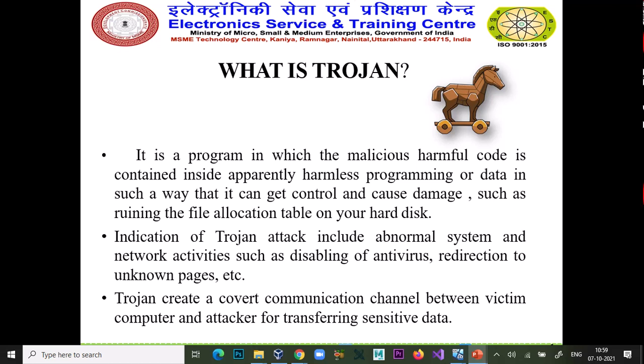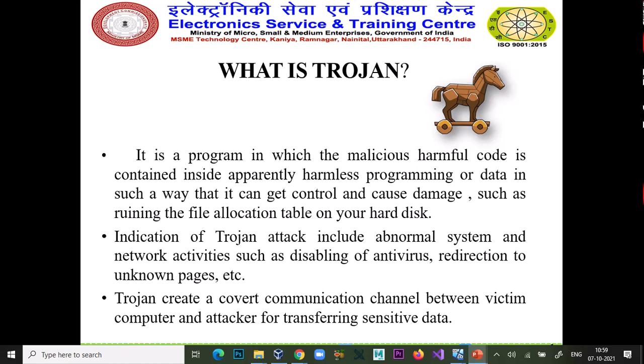Indications of a Trojan attack include abnormal system and network activities such as disabling of antiviruses, redirection to unknown pages, etc. A Trojan creates a covert communication channel between the victim computer and the attacker for transferring sensitive data. If a Trojan comes to your system, it can compromise your system in every way.